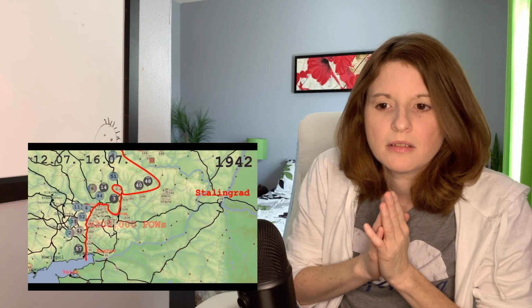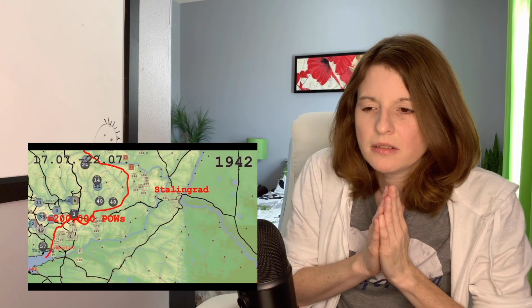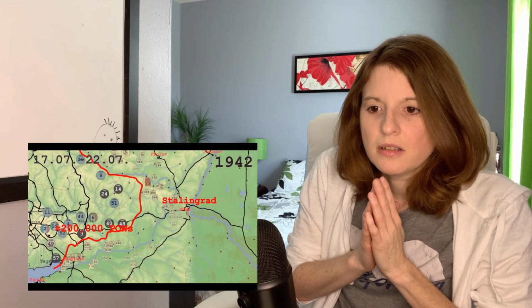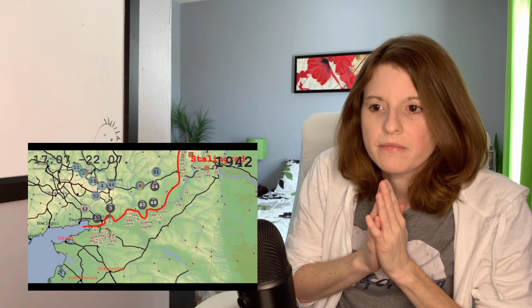By this time, the Soviet command had understood the German intentions and had deployed their strategic reserves to keep the Axis away from the Volga River. Meanwhile, their other forces retreated south over the Don. During that time, the Germans had also captured...